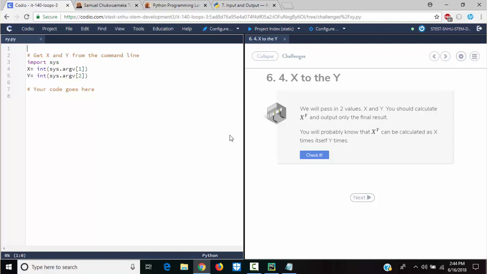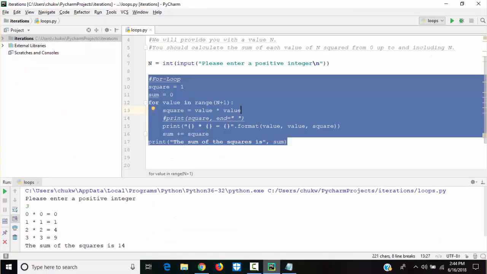We will pass in two values, x and y. You should calculate x to the power y and output only the final result. You will probably know that x to the power y, the exponent, can be calculated as x times itself, y times. So we'll pass in two values. So let's write this